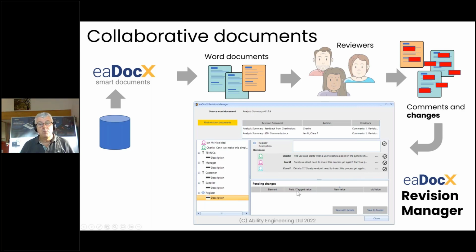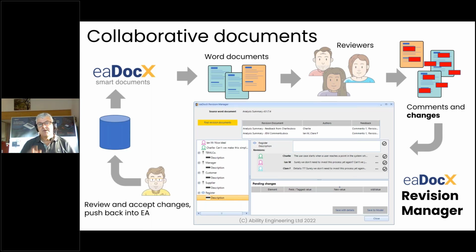And then when I've made all my changes, pending changes, I can say review them and save it to the model. And that makes it all a lot simpler. So now you can use documents as a way of doing an interactive